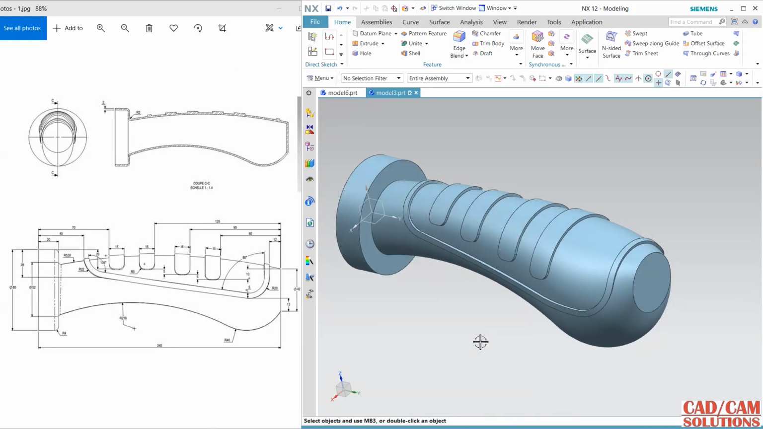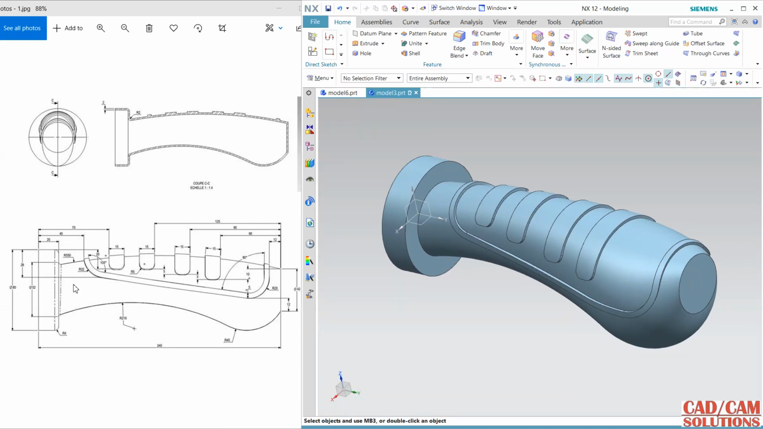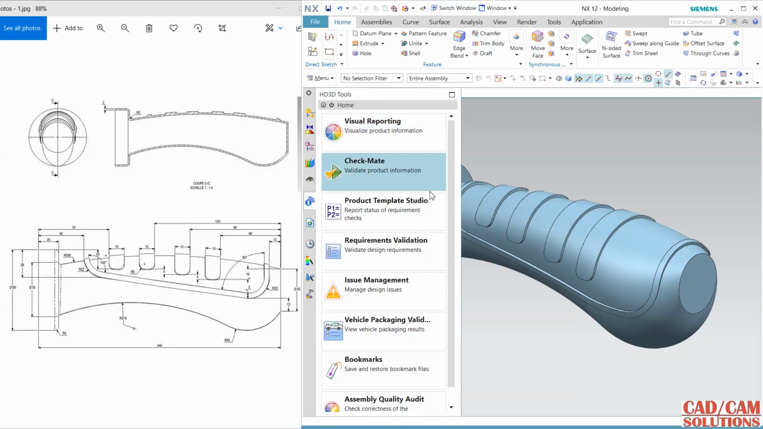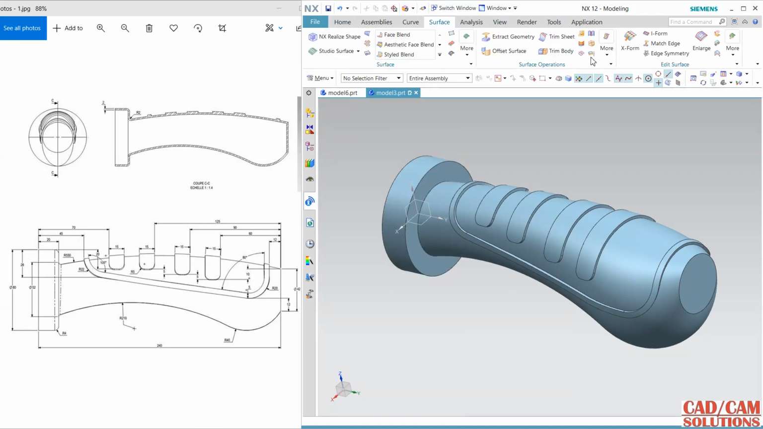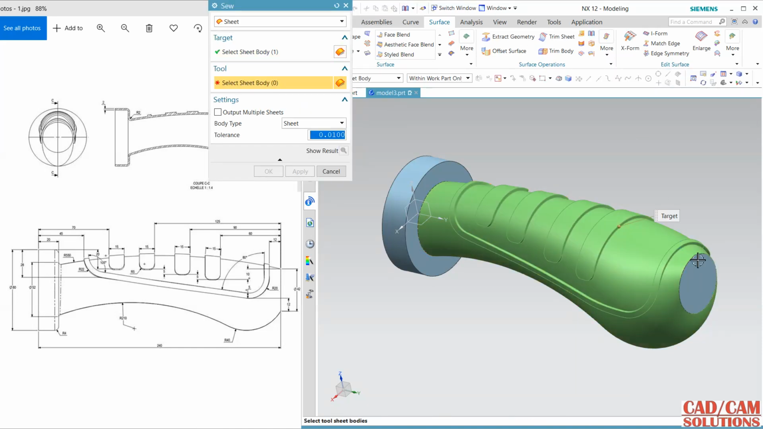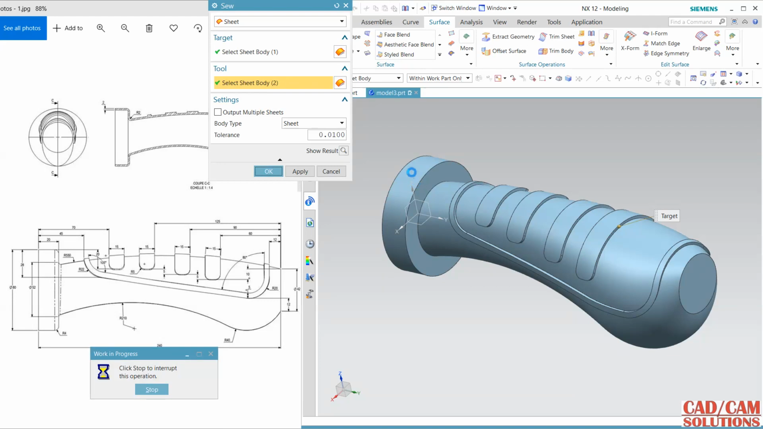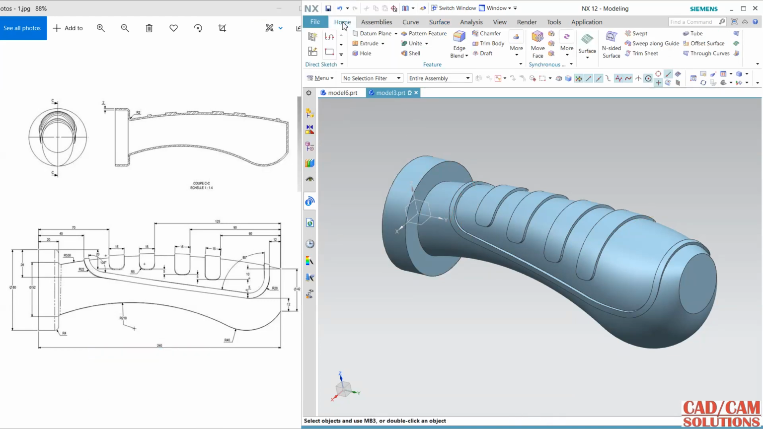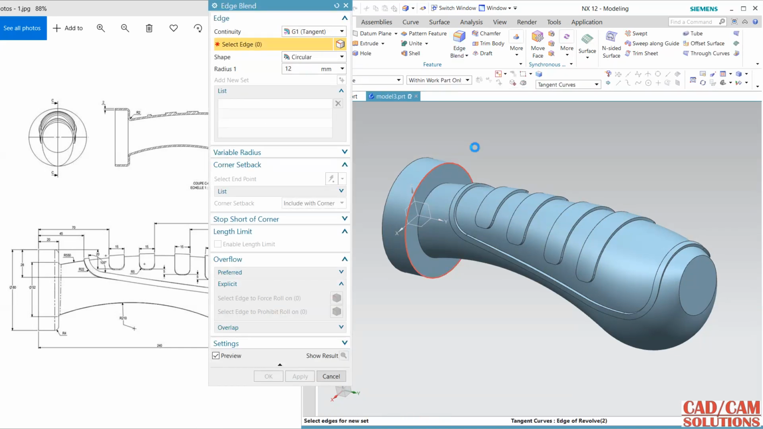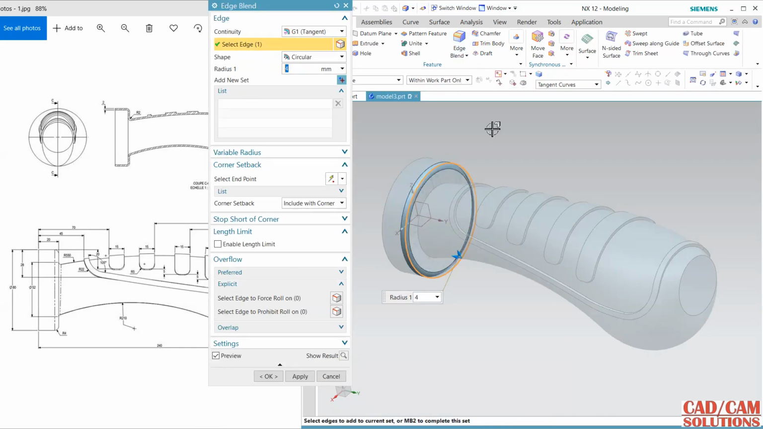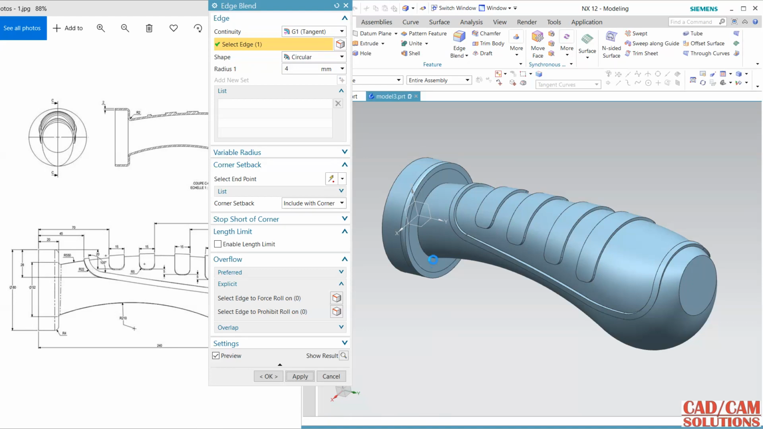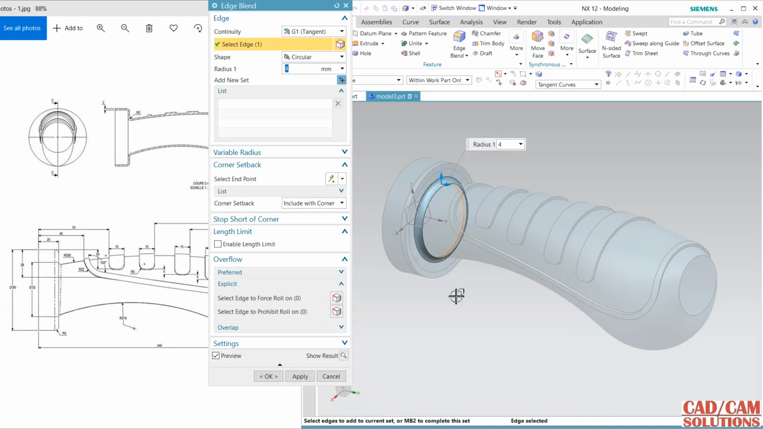Okay, now some dimensions are remaining. Like this fillet is 4. First I'm going to unite, so use this, use edge blend, it is 4, apply, and here it is 2. Okay,